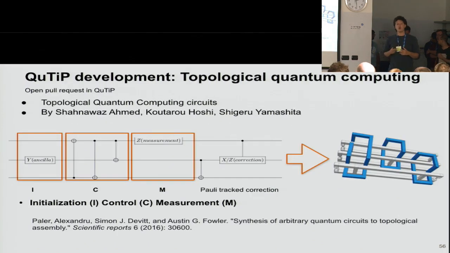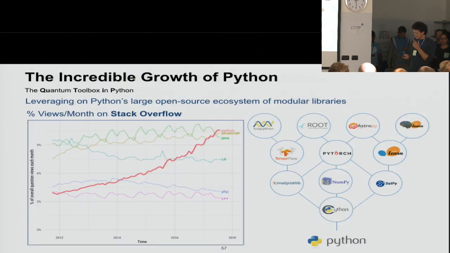And finally, there is ongoing research on topological quantum circuit computing. As you can see, this is a visualization of different gates that are applied to perform a computation. In the future, quantum computing platforms will need to also take into account topological quantum computing.